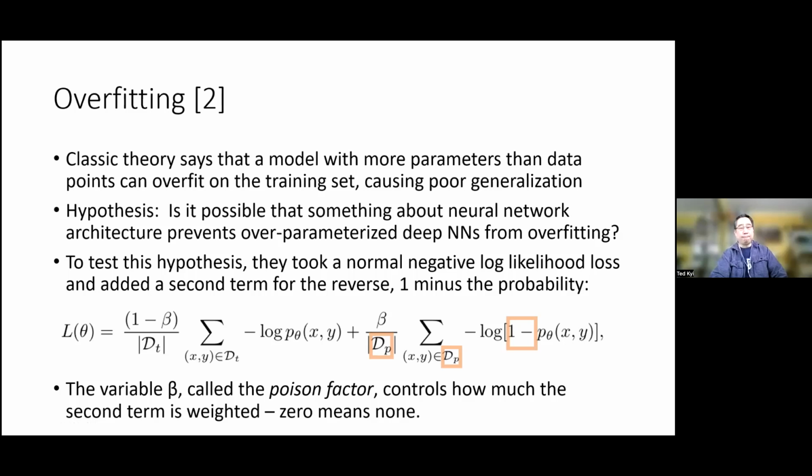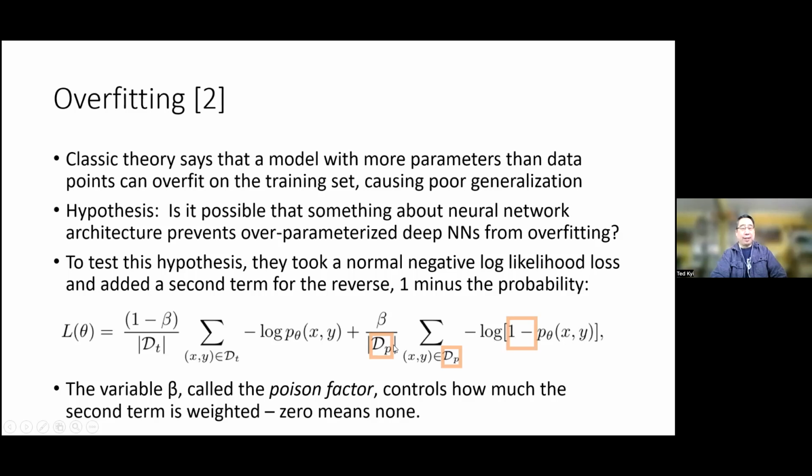So instead of penalizing it when it gets the wrong class and rewarding it with 0 loss when it gets the right class, it's rewarding it anytime it gets the class wrong, and penalizing it anytime it gets the class right. But of course, if you did this on your training set, these two would just cancel out and you would get no learning signal. It would just flip a coin or something like that. So what they do is this